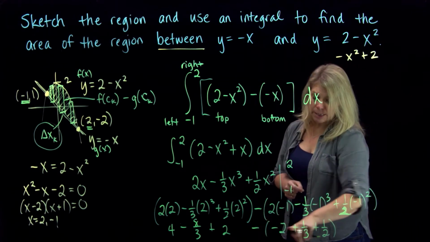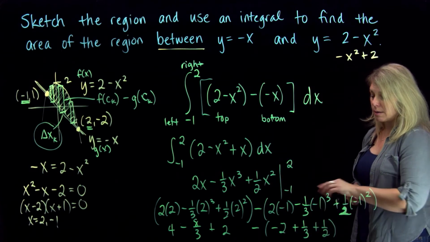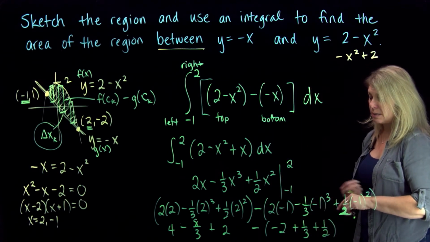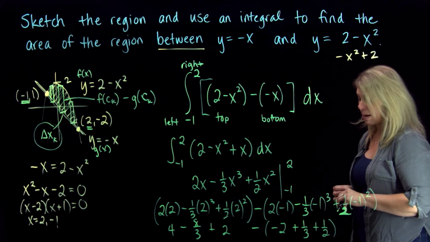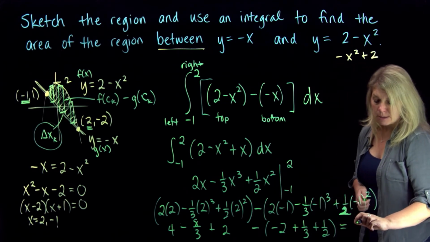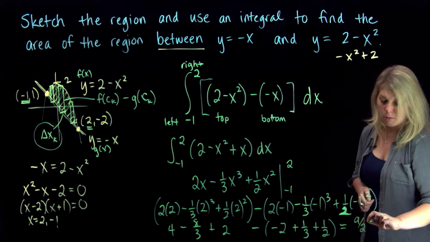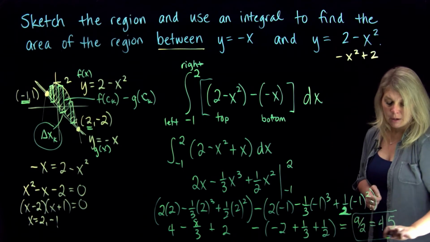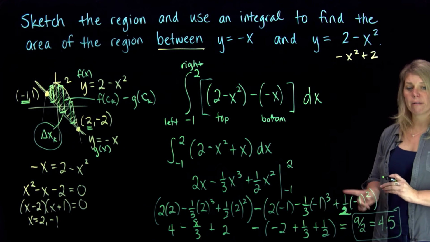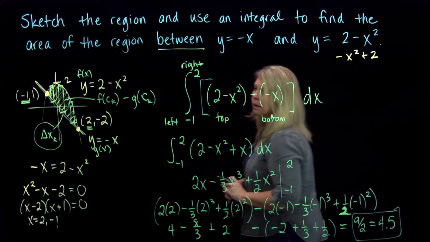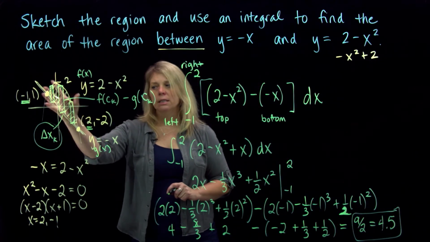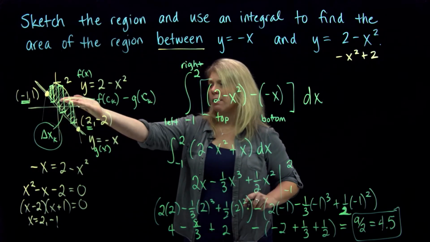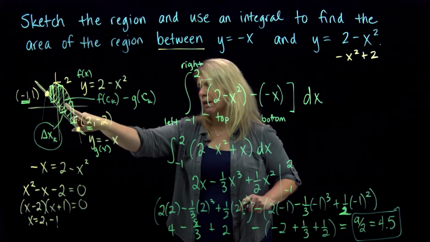Okay, and then maybe I distribute my minus sign through on this second parentheses here, or maybe at this point I just add all those up. But you should get 9/2 or 4.5 exactly. So that represents the true area of that region. I don't need to split it into separate integrals or worry about the fact that this second function is below the x-axis on some interval